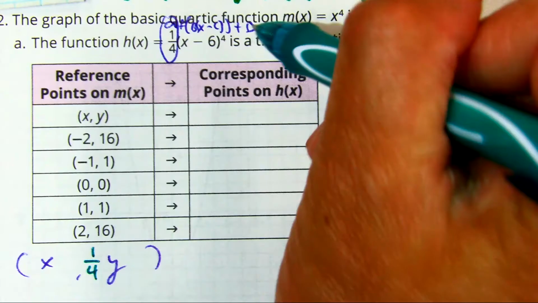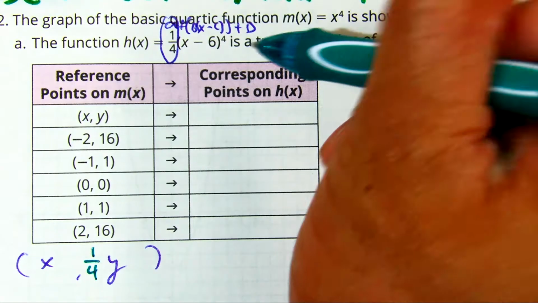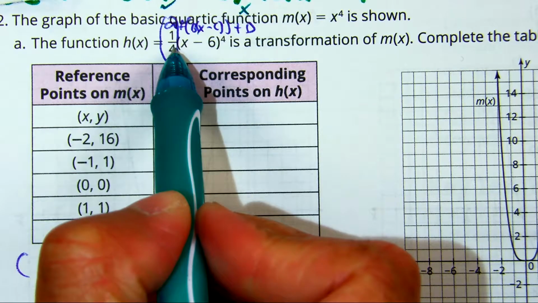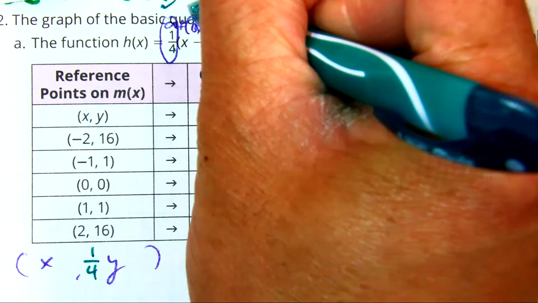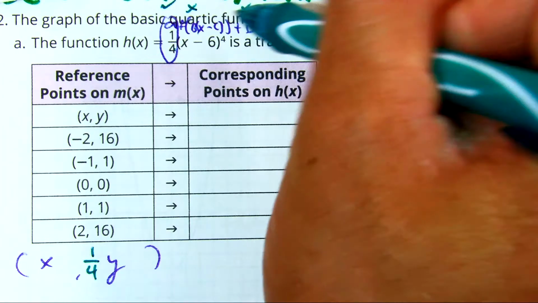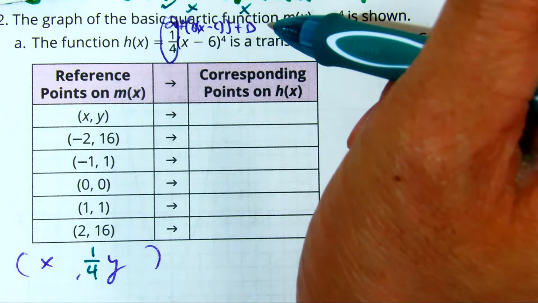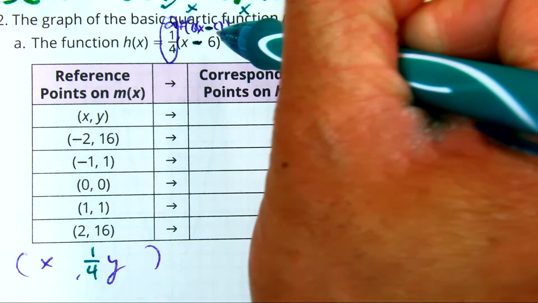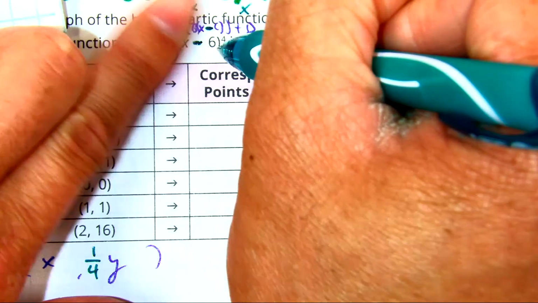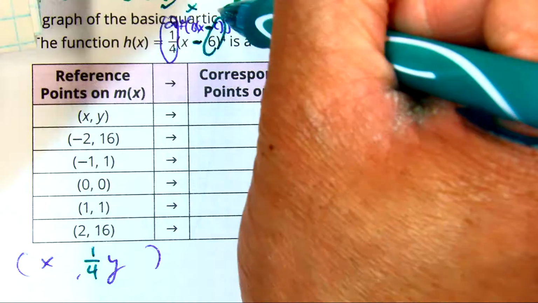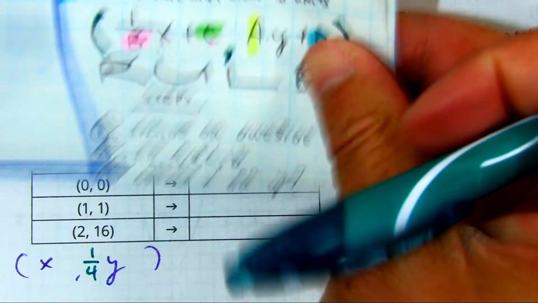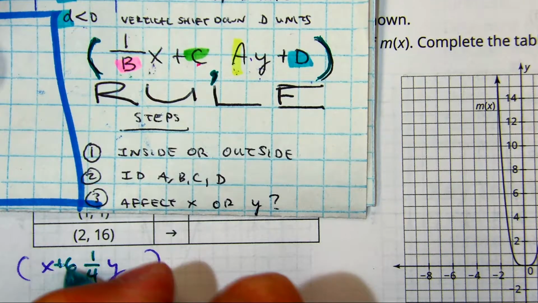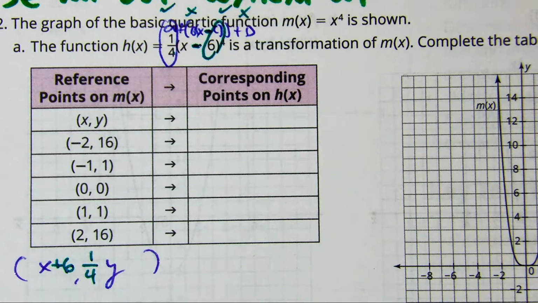Okay, there is no D value. There is no B value because there's nothing to the left of the x, so no B value. And then the C value, pay attention, it's what? Positive 6 or negative 6? Positive. Okay, remember the formula has this minus sign, so you kind of ignore it, and you get C is equal to positive 6. The C value, you add that to the y. So plus 6. Okay, so this rule now,